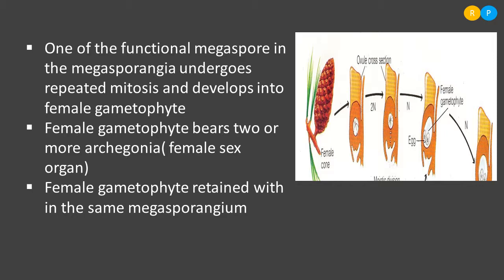Understood, right? So this is the development of the megaspore and female gametophyte in the female cone. You can observe all the steps in the diagram. The first diagram is actually showing the female cone. If you take the cross section of one megasporangium, we can observe a structure like that. Megasporangium is known as what? Ovule. Clear? So the ovule actually encloses diploid cells that you can see in the second diagram.